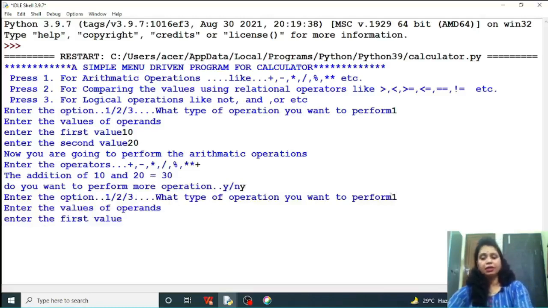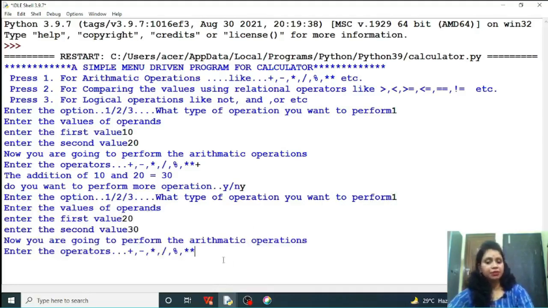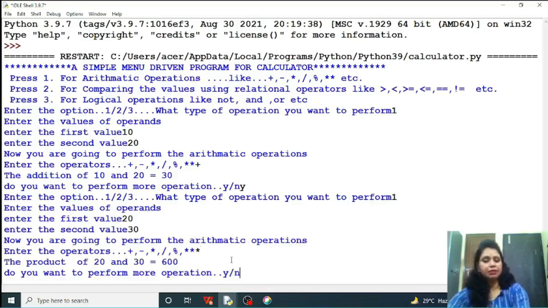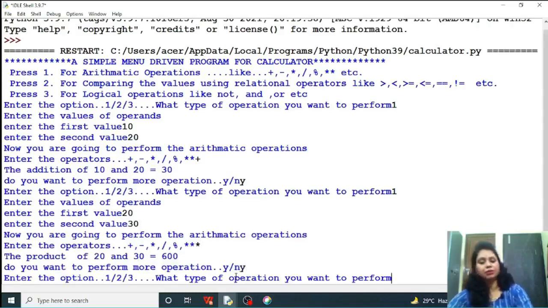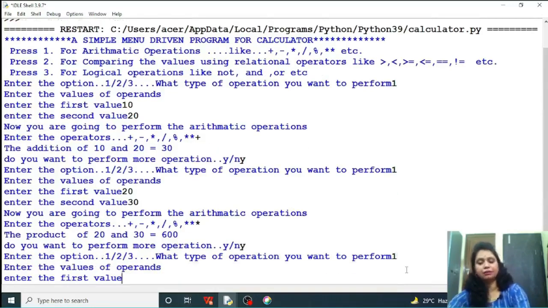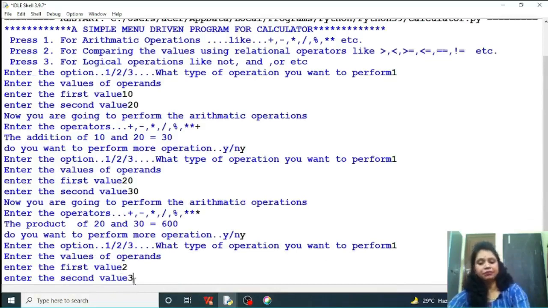So here I am giving the answer 1. That means now I want to perform the arithmetic operation. So enter the values. Again you have to provide 2 values, 20, suppose 30. Now what type of operator do you want to use? Suppose multiplication, then you provide the operator, and the product of 20 and 30 will be 600. Similarly, do you want to perform more operation? Now this time again my answer will be y. So enter the option, that means what type of operation? Here 1. So enter the first value, that is 2, enter the second value, that is 3,